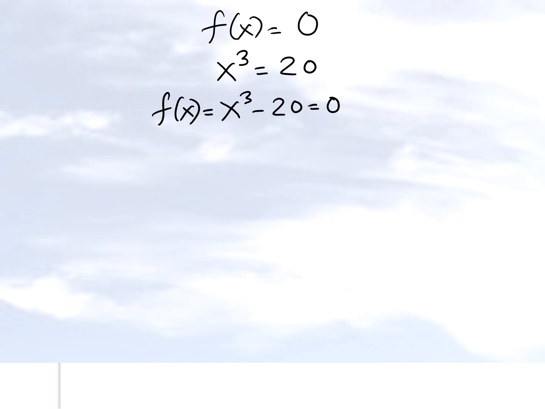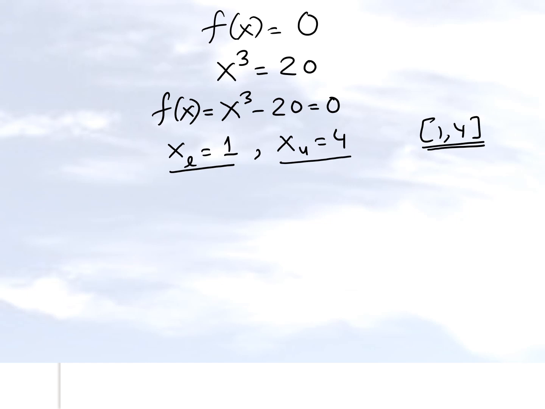Then also we are given the initial guesses for the bracket, 1, 4, meaning that the root is lying between 1 and 4. That's the lower limit and the upper limit of the guess of the root. But before we apply the iteration, we've got to make sure that this bracket of 1, 4 is a valid one.